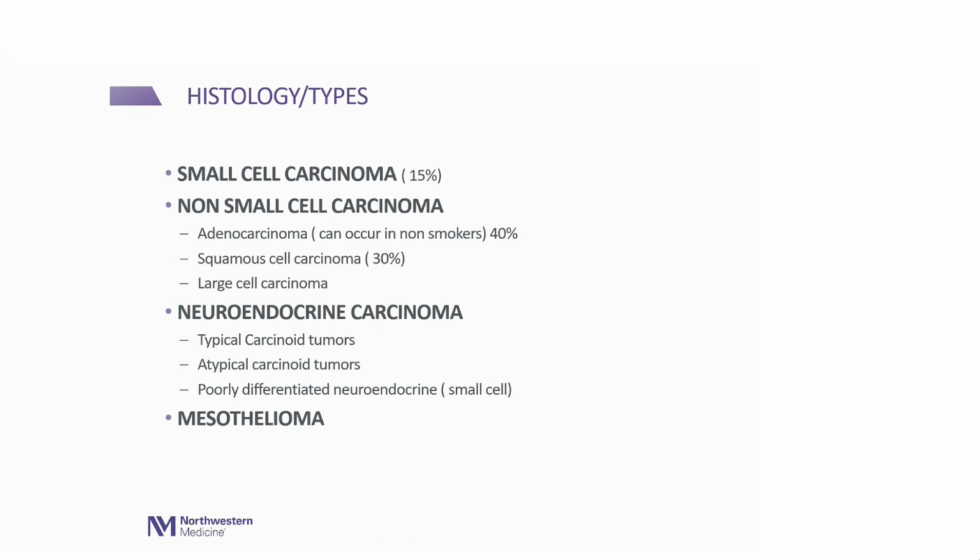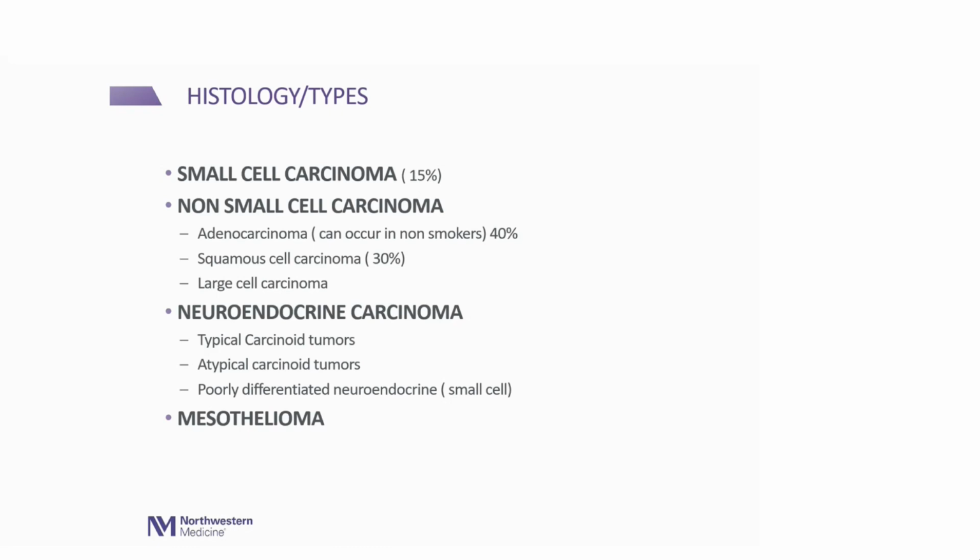Neuroendocrine carcinoma is a common term that we see. There are other parts of the body where you can see neuroendocrine cancers, like the gastrointestinal system, in the intestines, appendix, colon. You can have some in the liver, but lung is quite a common site for that. There are different subtypes: carcinoid tumors, atypical carcinoid, and poorly differentiated neuroendocrine, which is a more aggressive type, kind of similar to small cell, we say. These are all different types.